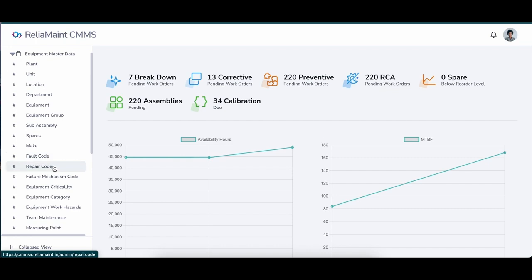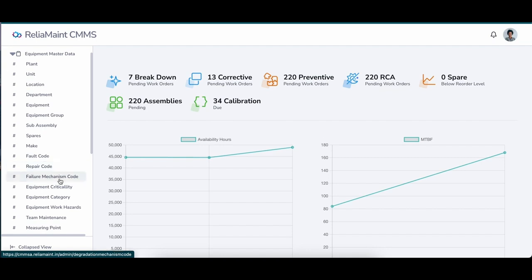Similar to fault code, there is a repair code. Repair code means the routine repair items which we are writing on the work orders. Caution is to be taken: this fault code and repair code are not the full description. They are only assigned so that you can line up your work orders or work order history quickly.